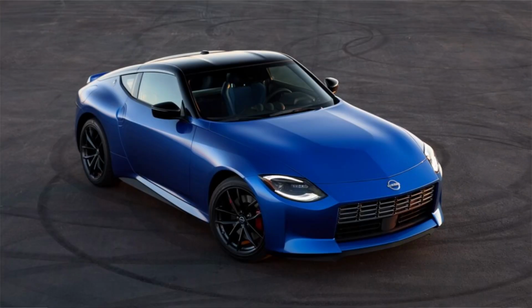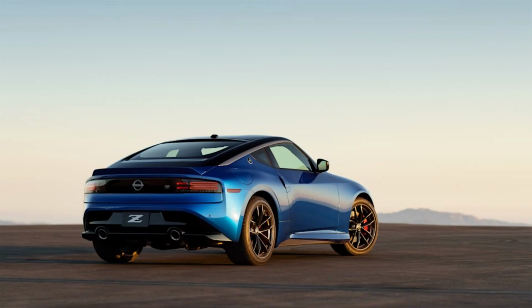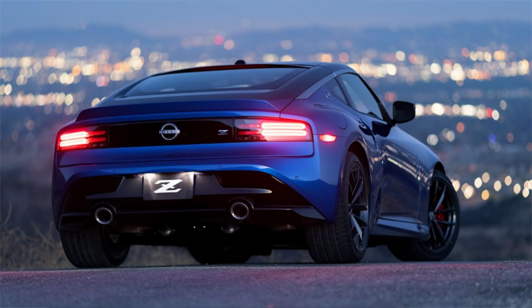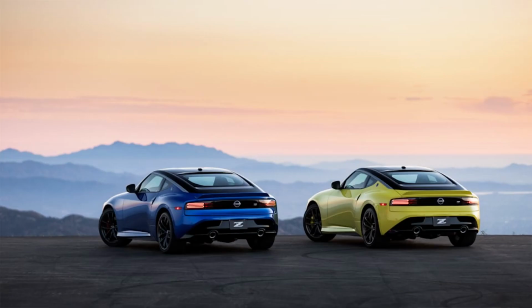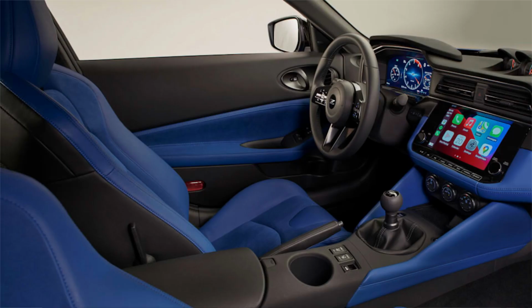So I'm going to try not to be too biased in this. I do think the new Nissan Z is a pretty cool car. I think it looks good. I don't think it's over the top. I don't think it's too understated, but I think it looks good. I'm afraid though in a few years it might be a little bland and kind of blend in like the Q60 does. The car is going to have the VR30 twin turbo with a 6-speed manual or 9-speed automatic sourced